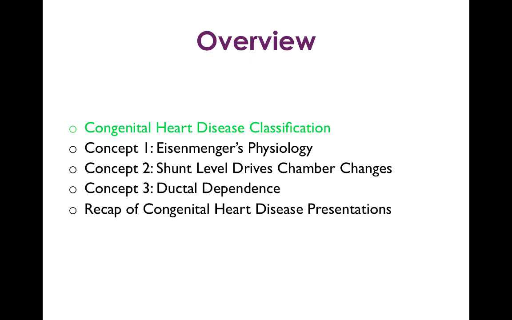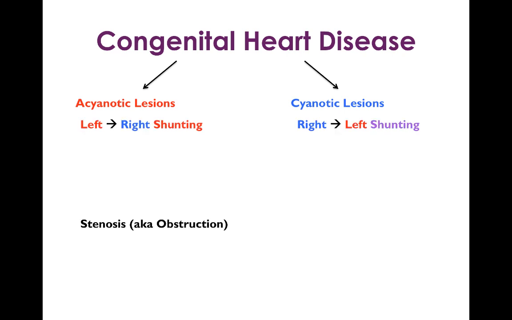So let's start with the classification of congenital heart disease. There are a lot of ways to slice and dice this, but I think the most straightforward way is to first think about congenital heart disease in terms of acyanotic lesions, which is shown in red because you get red or good perfusion to the body, and cyanotic lesions, which is shown in blue because you have mixing of desaturated venous blood into the systemic circulation, leading to a cyanotic lesion. Now, laid out here are some subclassifications for both acyanotic lesions and cyanotic lesions. You can see that acyanotic lesions,